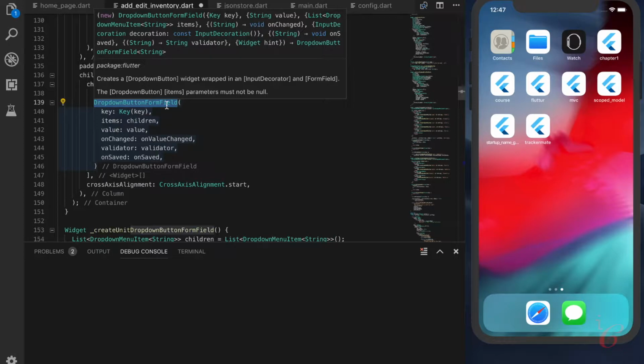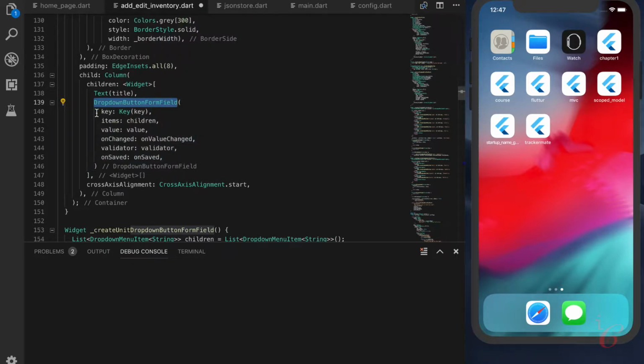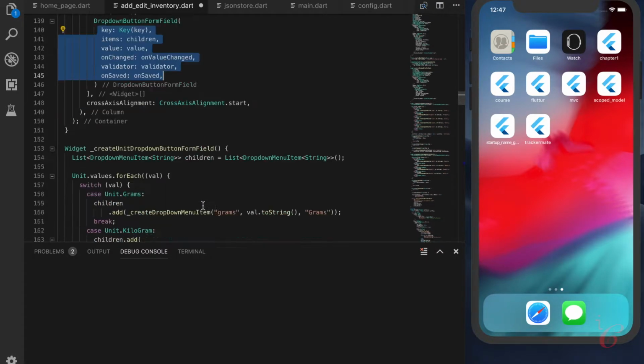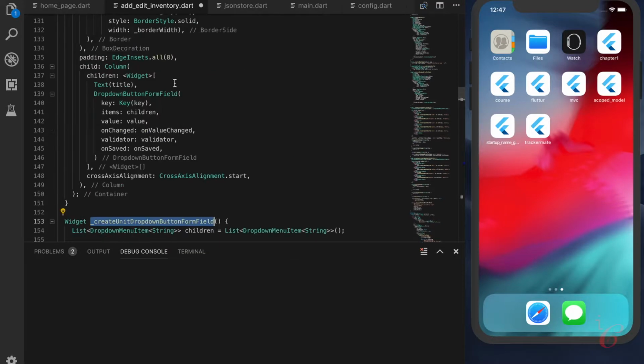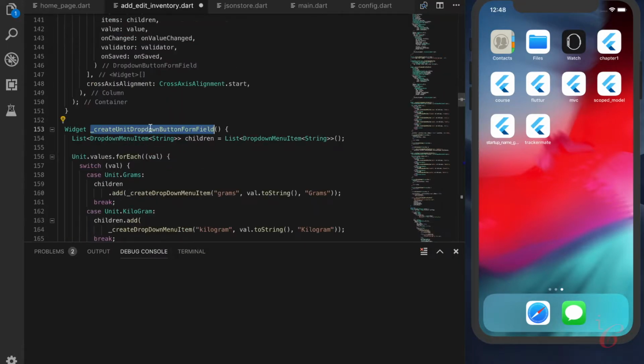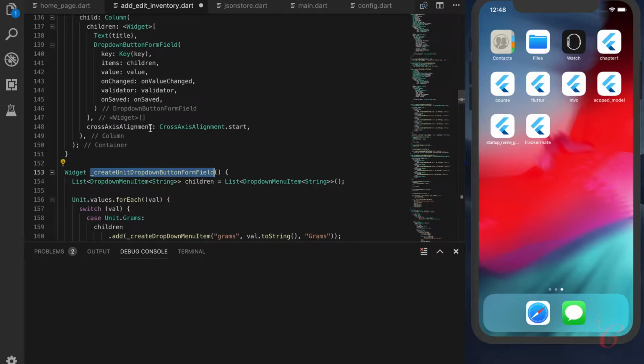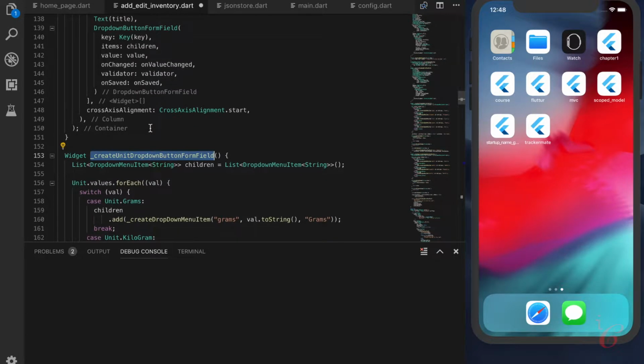This is the drop down button field. You will pass all the parameters in that and it would be created automatically. So this is what the create unit drop down button field is. Now we will move on to the next part where we create a unit as well as a recurrence